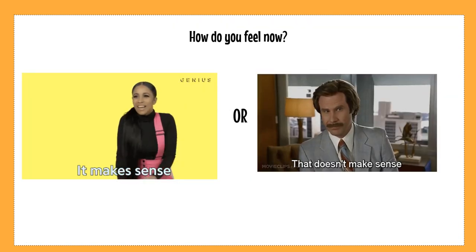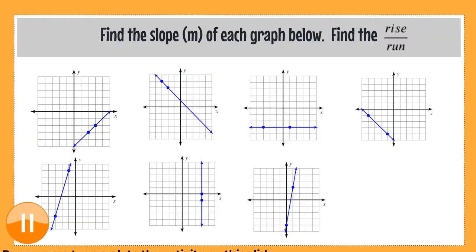So how do you feel? How do you feel about rise over run? Let's look at some examples together. So what I want you to do is look at these 7 graphs, and calculate the slope of each graph using the rise over the run. Now I want you to remember, you pick 2 points, and in these I picked 2 points for you. Okay? So if I pick 2 points for you, you just pick one to start at, and you move from one point to the other. Remember, rise first, and then run. Up and right are positive, down and left are negative. While it's paused, also feel free to go back and look at how we did it one more time before you try these examples on your own. When you're finished, come back and we'll check your work.